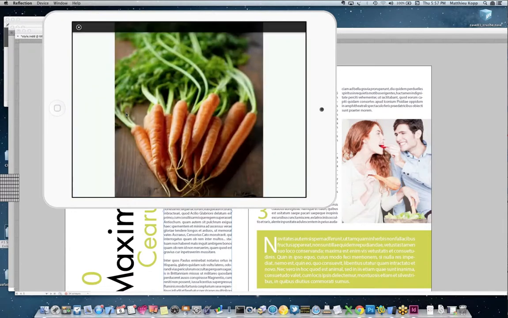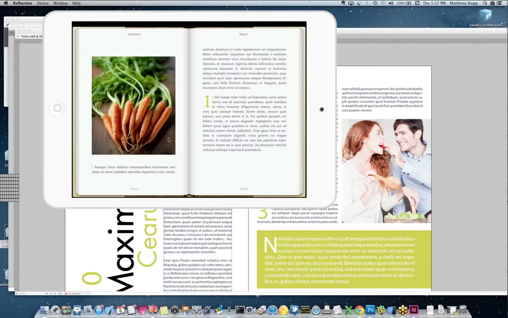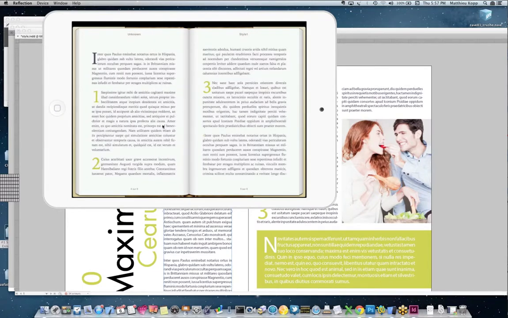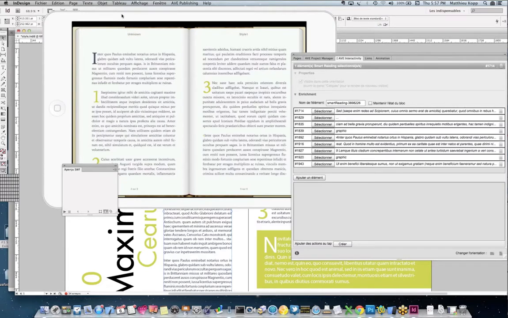I can double tap on images to get full screen. This is done automatically for me. I don't have to do anything, except that we do the right thing so that the images appear in really good quality. So I've just done a few pages here. Of course, you can create big documents, of course. Starting from a complex document such as a magazine is going to take a little while until you link all those boxes. But if you start from documents that are more like books in chapters, it's actually very, very fast